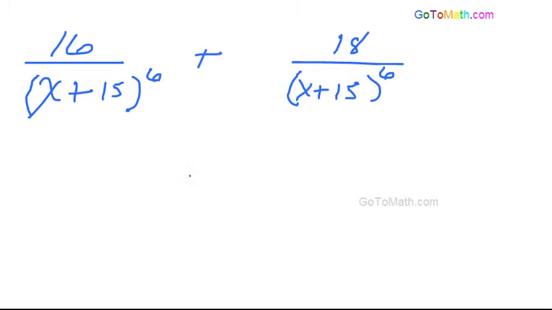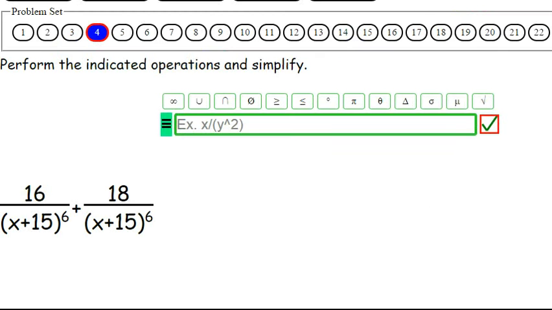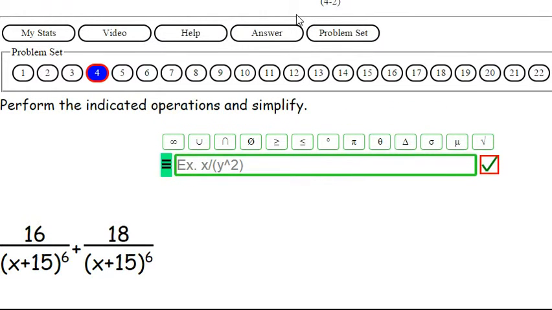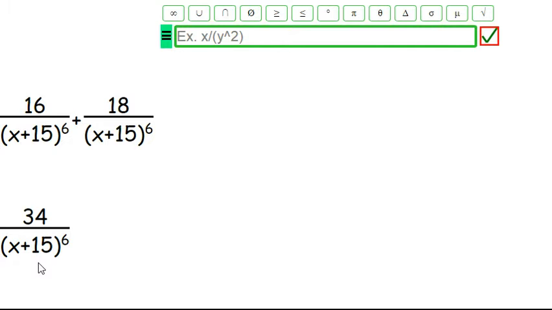that's a miracle, isn't it? There's a miracle going on there. If you can tell me why that's a miracle, send me a message in the comments and tell me why that's a miracle. Alright, good luck with that. Anyway, this is 34 over x plus 15 raised to the 6th power. Got a common denominator. Yeah, that's your homework assignment. Why is that problem, that number on top, a miracle? Alright, there we go. 34 over. You know, since I think about that, I gave that another thought. Anyway,